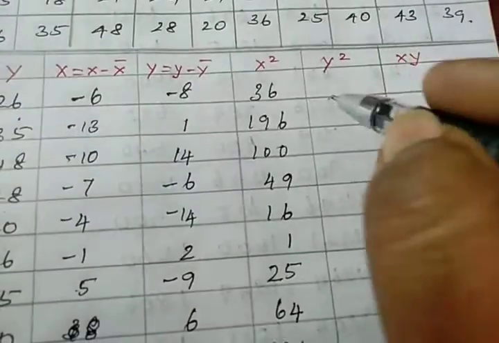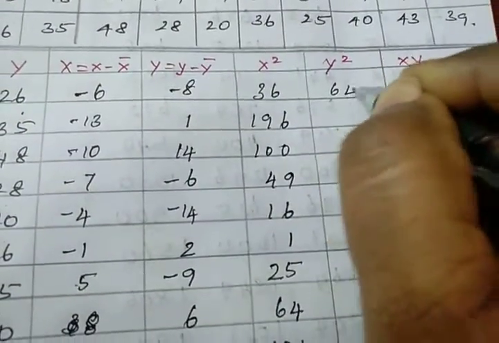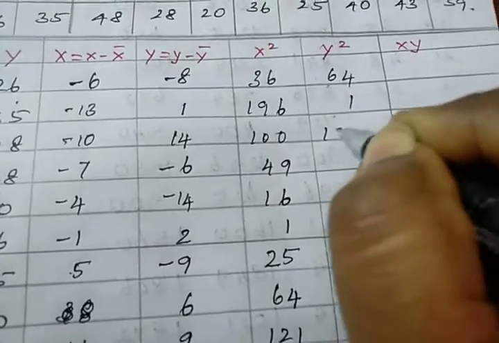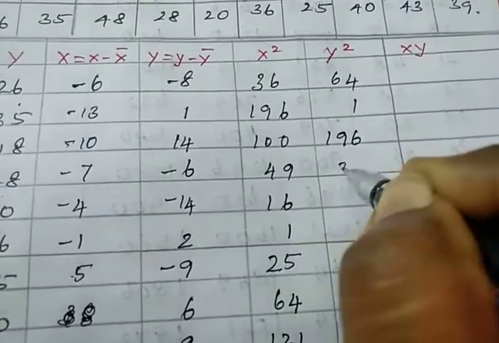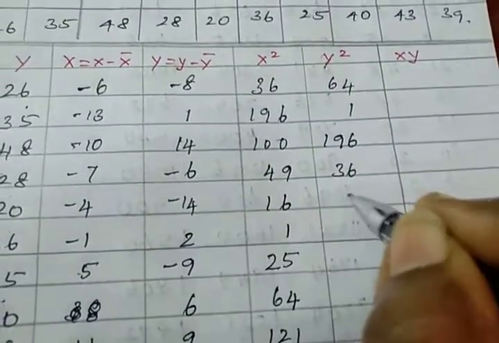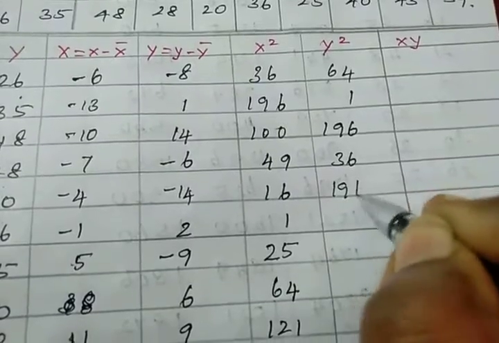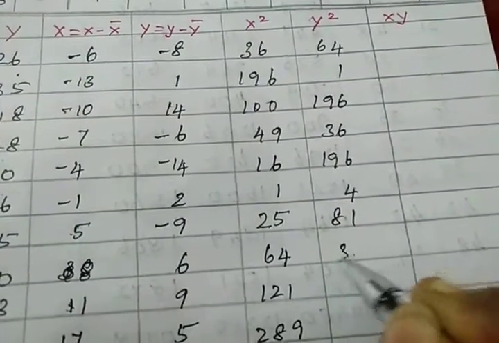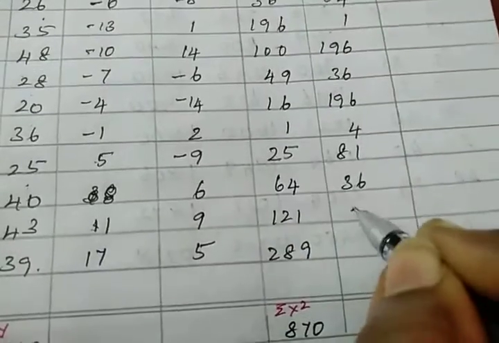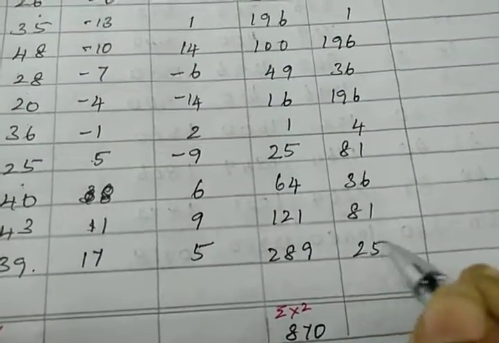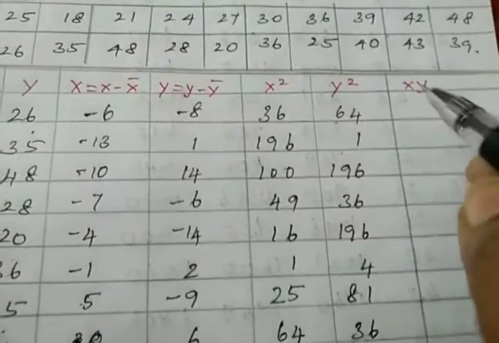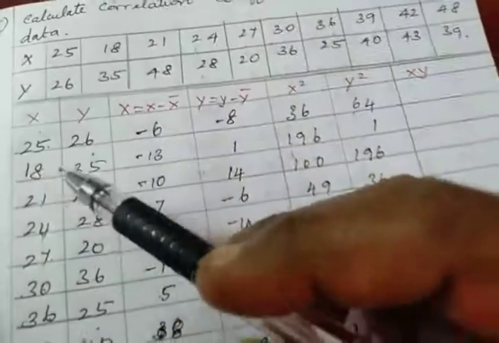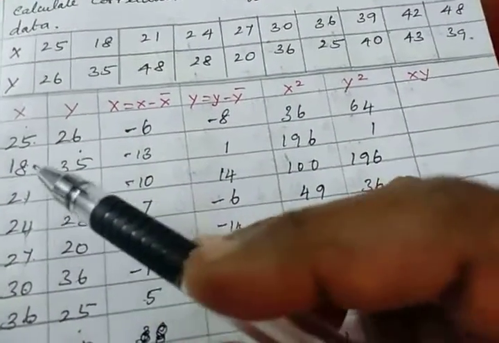So y squared: 8 8s are 64. 1 1 is 1. 14 14s are 196. 6 6s are 36. 14 14s are again 196. 2 2s are 4. 9 9s are 81. 6 6s are 36. 9 9s are 81. 5 5s are 25. Now x and y, when you multiply x and y,